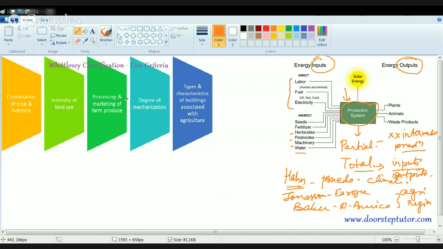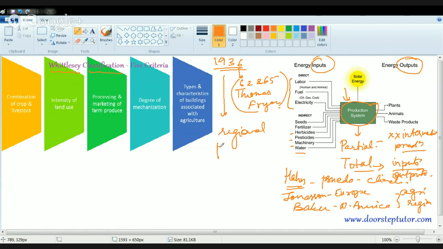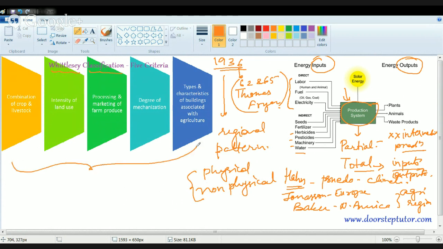But what are the basis for classification? So Whittlesey gave a classification in 1936, which was further refined by Thomson and Freer in 62 and 65. So Thomson and Freer further refined this concept. The basic idea behind this concept was to devise a regional pattern which includes both physical and non-physical variables. So you have physical variables and you have non-physical variables. And for both physical and non-physical variables, they demarcated 5 basic criteria based on which you should define any agricultural